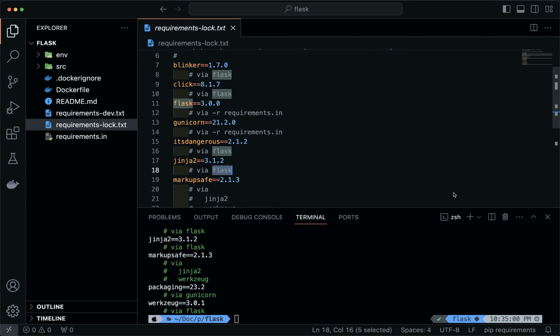So this solves the core issue of guaranteeing that we have reproducible builds. And the other benefit that we get out of this is that now this file, we can commit it to our version control, such as Git. And this allows us to track changes of our project's dependencies over time. So at any given point, we would know the state of our dependencies. So in case there is ever a bug or an issue, we can roll back to a previous state if we required,